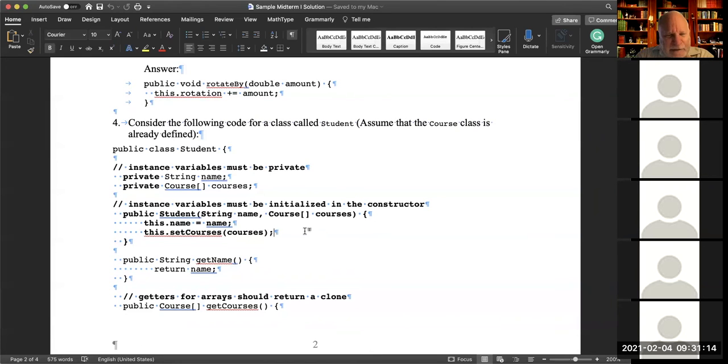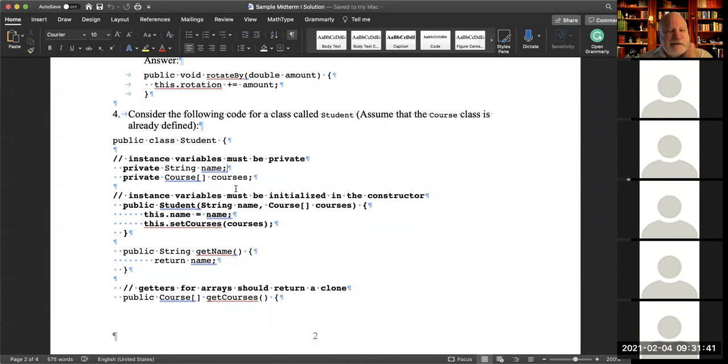Yeah. So let me just underscore that. Immutable, like in this case, once I construct this student with a given name, there's no way that can be changed if I make it private. See now, if I leave it unprivate, then other classes can just go in and change the name, because they'll have access to it. But by making it private, nobody can touch that, which means that your name can't be changed.